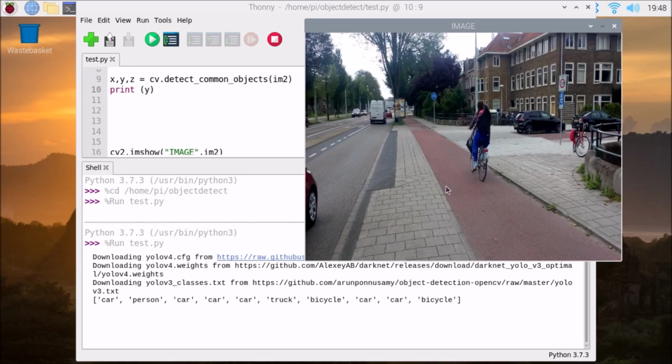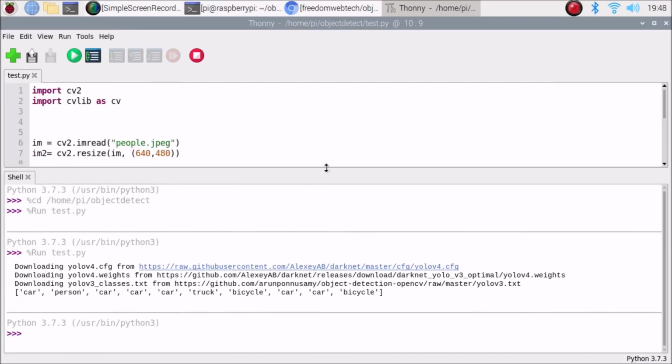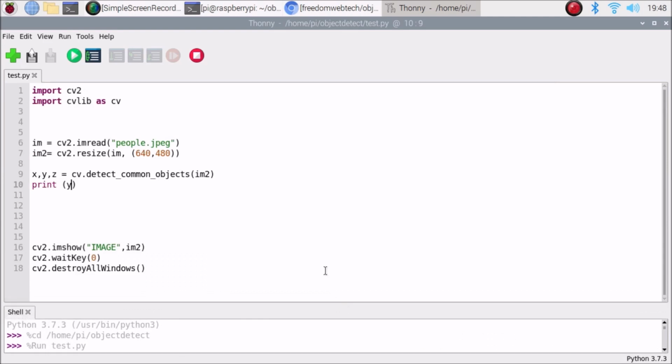So as you can see, how many lines did we create here? We simply read the image, we showed the image, and we used the cv.detect method from cvlib. We just input our image, and that's it. We can basically detect the objects and the object labels. So isn't it a really easy method?